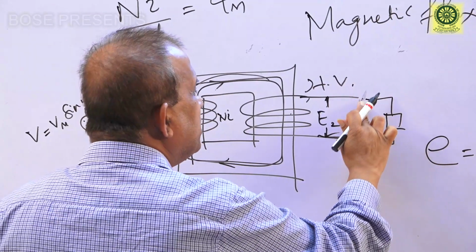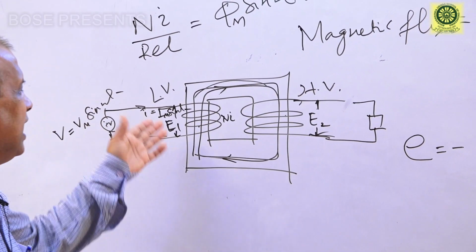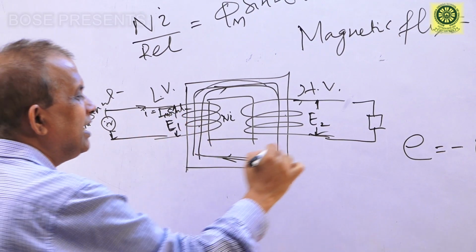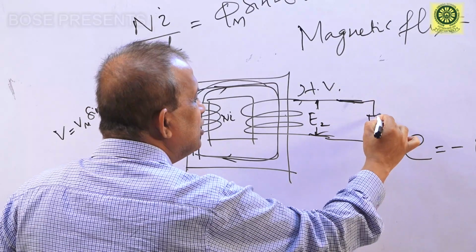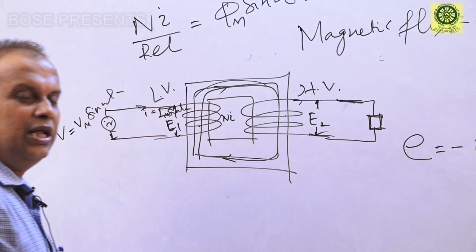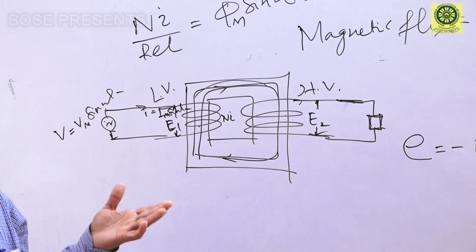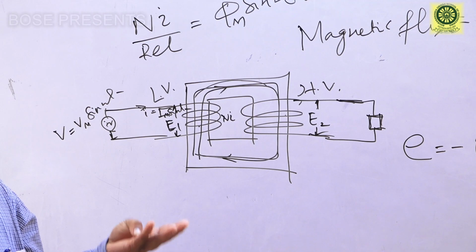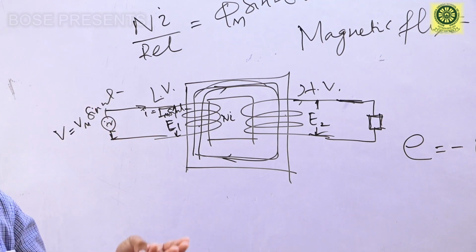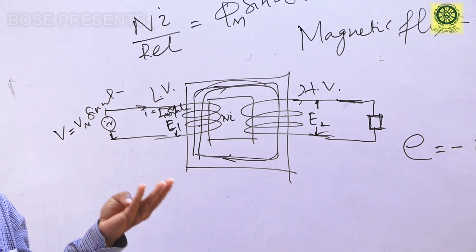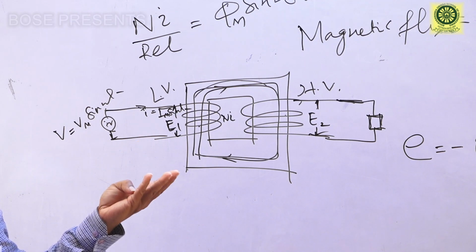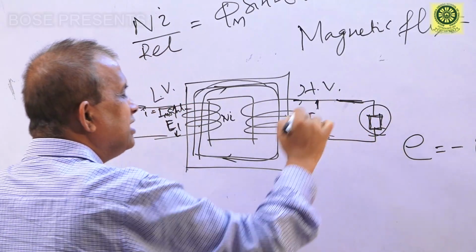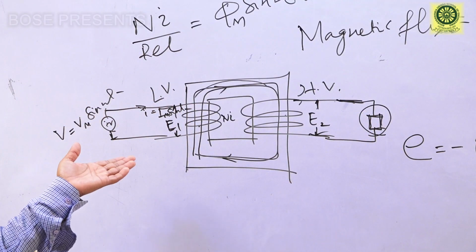Whenever this is open circuited, we say that the transformer is under no load. And whenever we connect a load and the switch is closed, we say that a load is connected, or the transformer is loaded. The load can be an inductive load, a zero power factor load, a unity power factor load, or also a capacitive load. Depending upon the nature of the load, the current will be decided, and everything is decided in accordance with that.